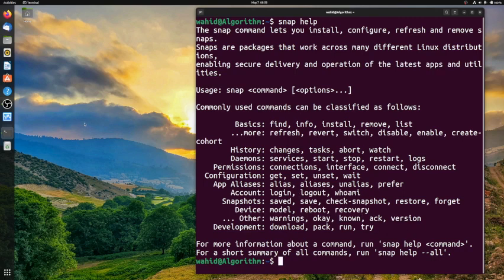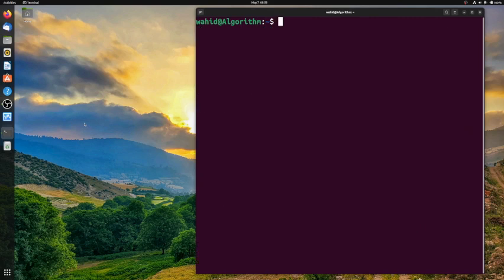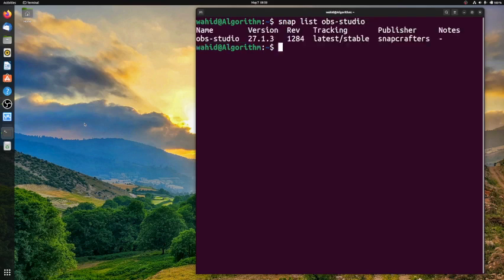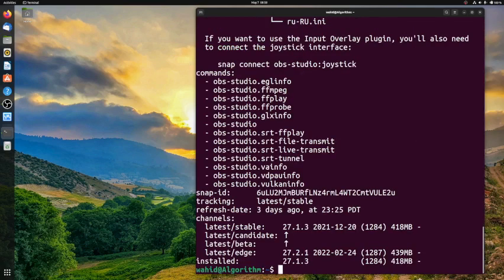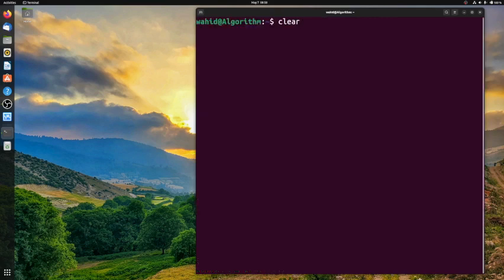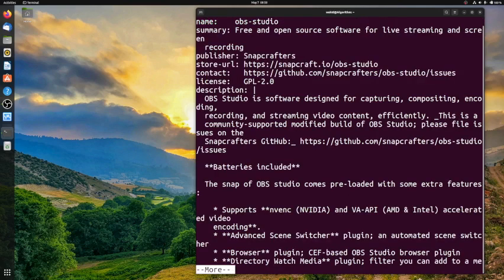So let's clear the screen here and then do a snap list obs-studio, which we already did, but I want to show you that it is telling you that version 27.1 is running. So instead of list, this time I'm going to do info. The info is giving you a lot of information, so I'm going to do more, one page at a time. And you can see that